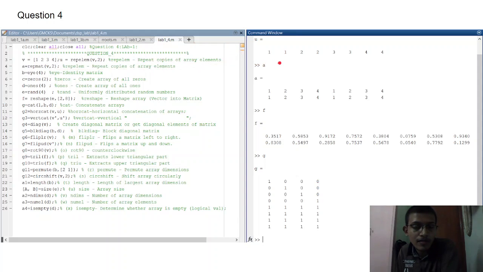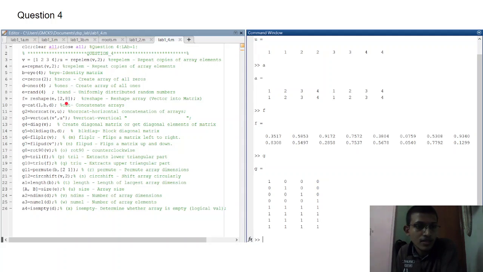In the first command, repelem, we have seen that elements repeat. Here, the whole matrix repeats into a 2 by 2 block matrix based on the arguments given. And eye, zeros, ones and rand are quite self-explanatory. And reshape has two arguments. One is the matrix and the other is the dimensions with which we want to reshape the initial matrix. The key rule here is to make sure that the number of elements in E matches the number of elements in the reshaped array. Say here E has 4 by 4 elements, which must be changed to 2 by 8, since 16 equals 16.